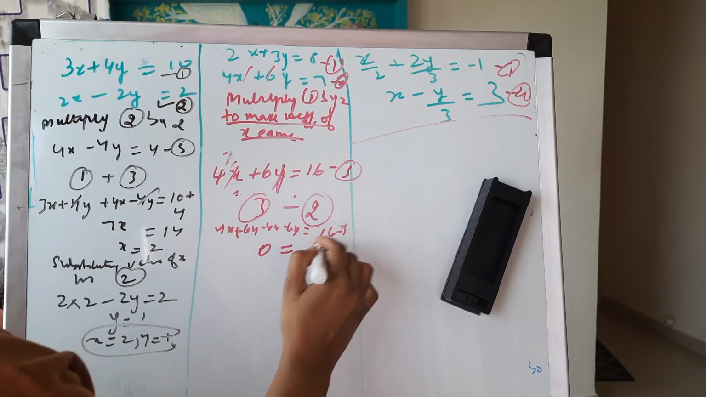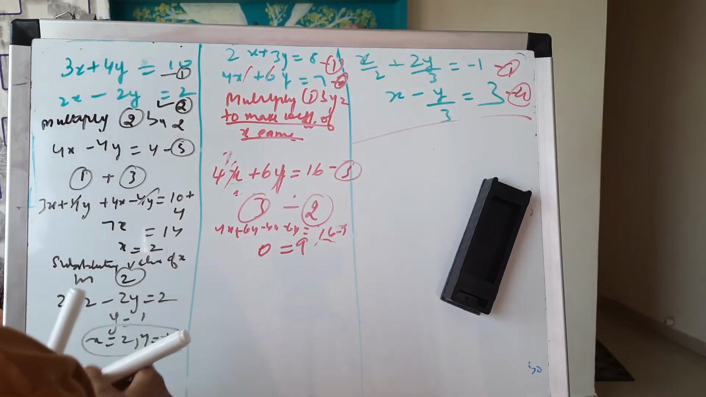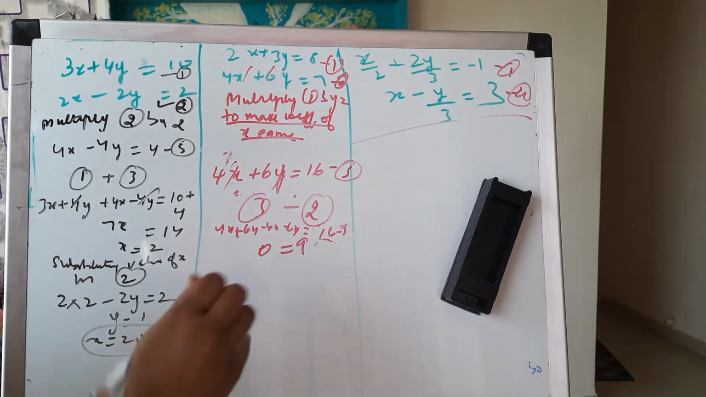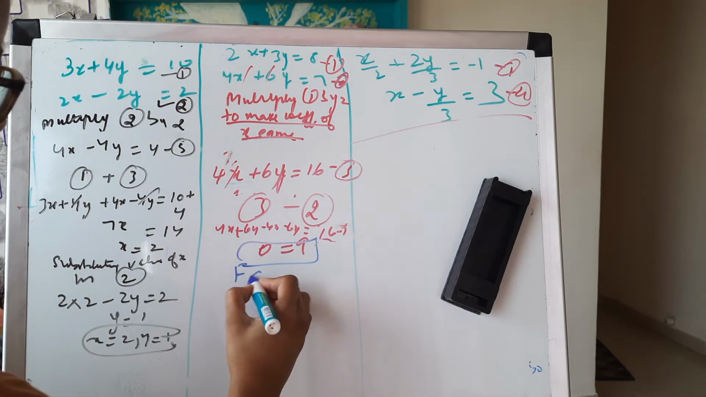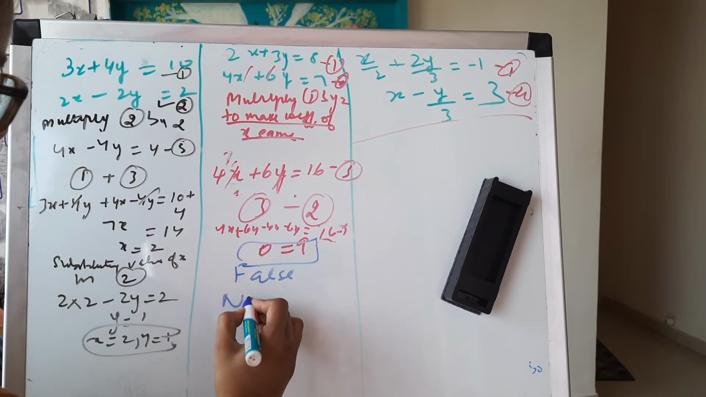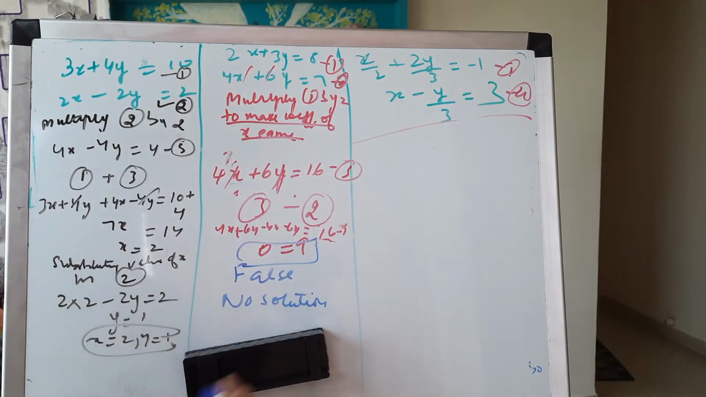16 minus 7, which is 8. Sorry, 9. Right? So what is this? This is a false statement, and hence no solution. Moving on to the next question. Okay, now here